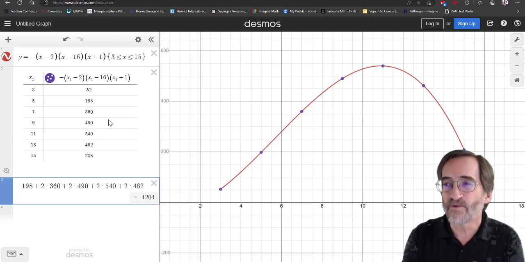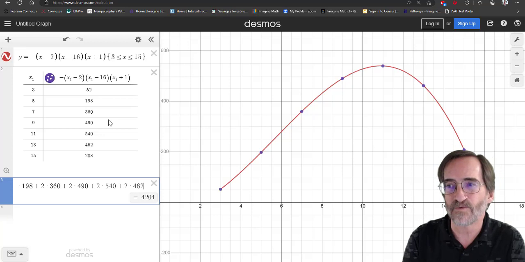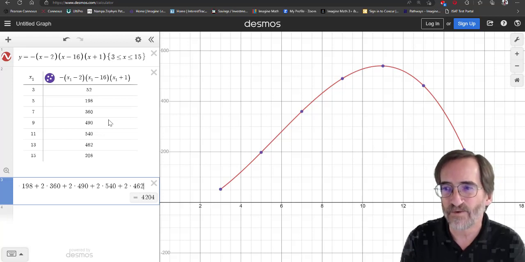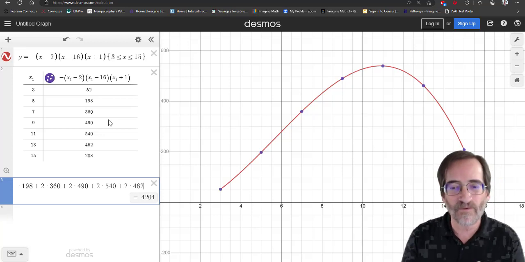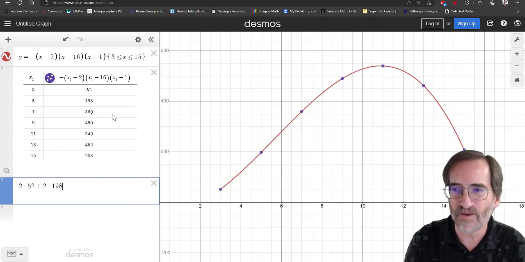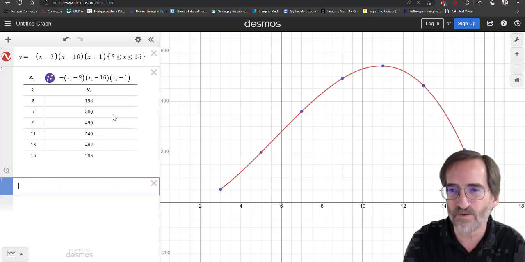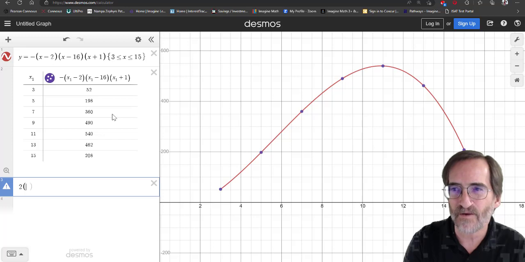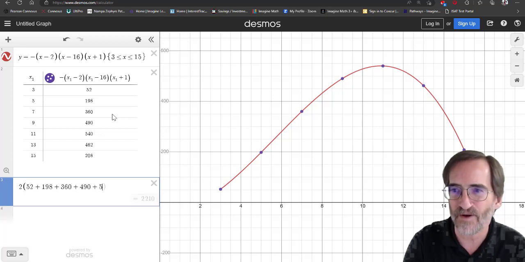And then I would leave off the last one because we're using the left boundaries. Now, you may notice every one of them has a 2, so we could have simplified things by doing 2 times, and then just add 52 plus 198 plus 360 plus 490 plus 540 plus 462,